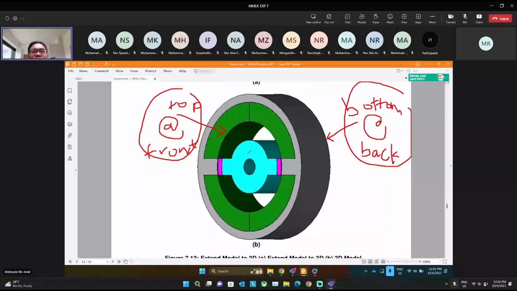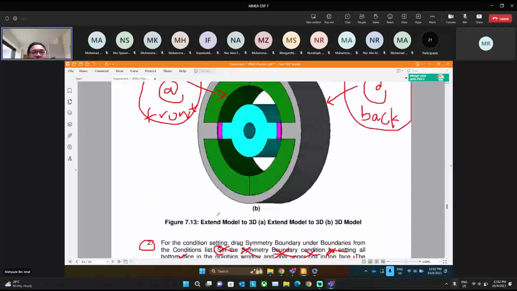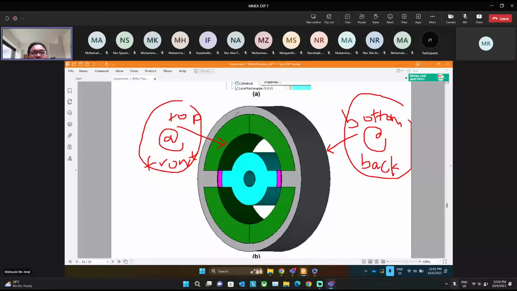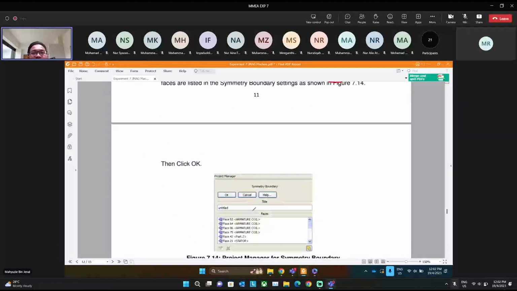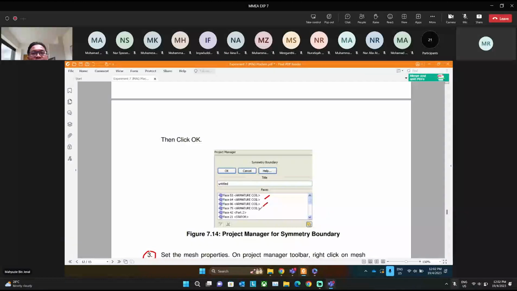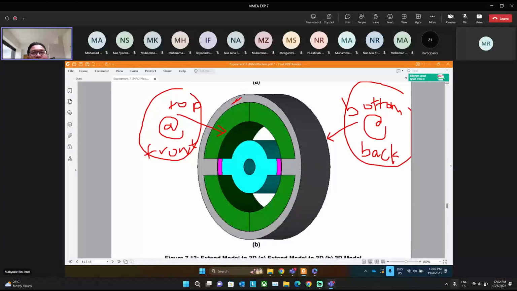So you must set the symmetry boundary, so this means I cross this one, I cross this one, it is something confusing. Okay, cross this one. So all must be top. It means you select this one. You can select from the set the symmetry. This means you select the faces listed in the symmetry down here. Okay, this is the part. This means for the front, you must pick stator, you must pick armature, coil, top and bottom. So you must pick rotor, and also you must pick